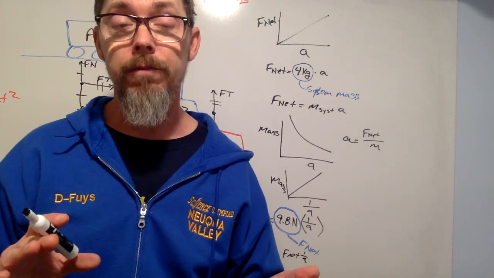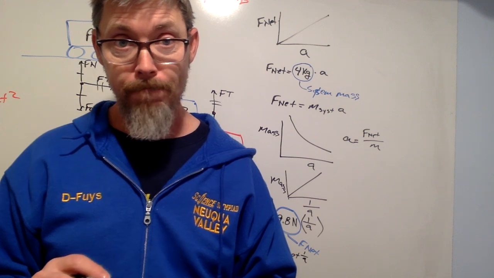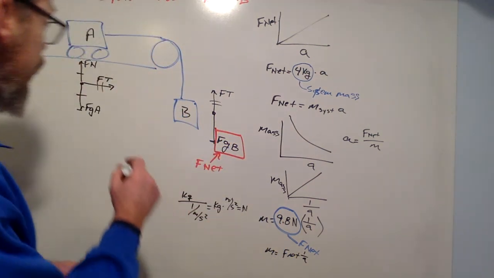And this is useful to us because now we can figure out what the acceleration is of an object. Since F net equals ma,